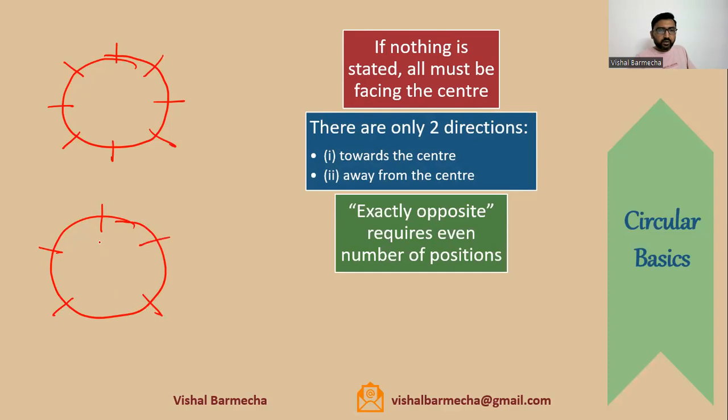Okay. तो अगर हम इसका ऑपोजिट देखें, it is technically here. इसका ऑपोजिट is technically here. इसका ऑपोजिट is here. इसका ऑपोजिट is here. And इसका ऑपोजिट is somewhere around here. तो कोई भी किसी का ऑपोजिट नहीं है, because there are total 5 positions, which is an odd position. But when we have even number of positions,